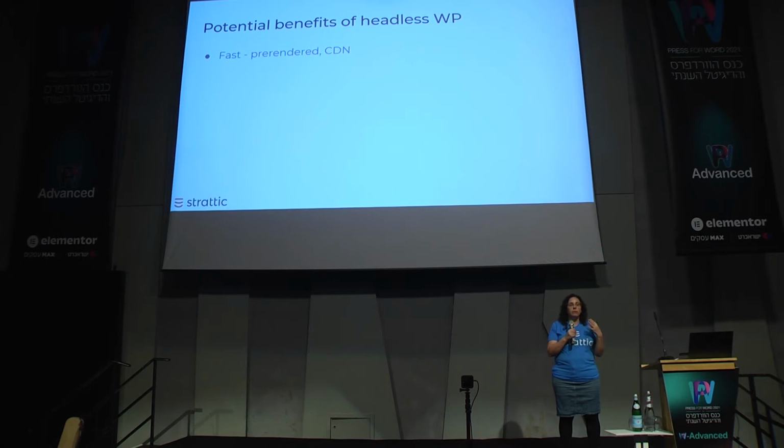WordPress sites cannot be fully served through a CDN. You cannot make all of the pages on a WordPress site available in CDN locations around the world because of what I was describing, which is that the pages are rendered for the users when they request them. So the content pages themselves don't actually exist as files, so they cannot be served up through the CDN. In a headless format, and particularly in a static format, every single page on the site exists as a standalone HTML file and can be served up through a CDN.